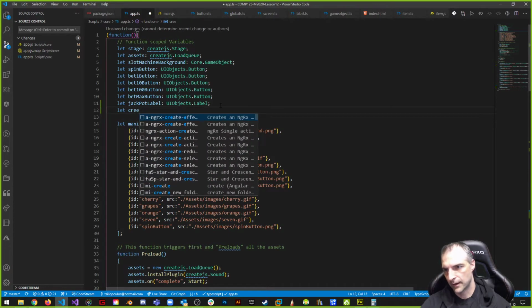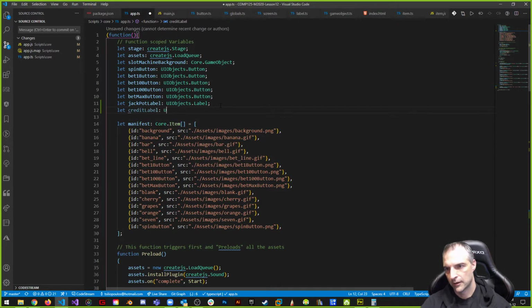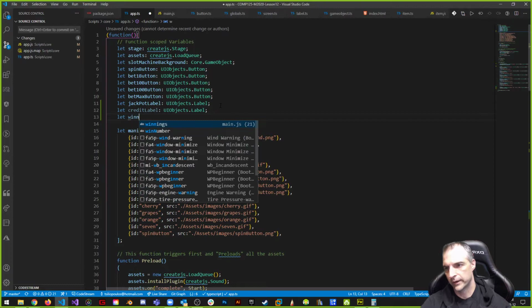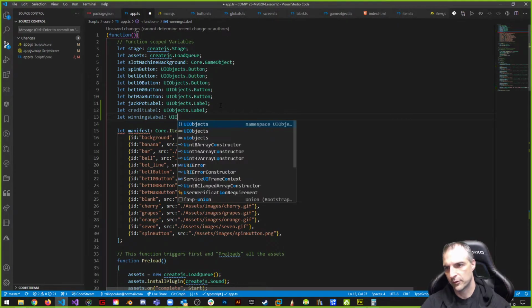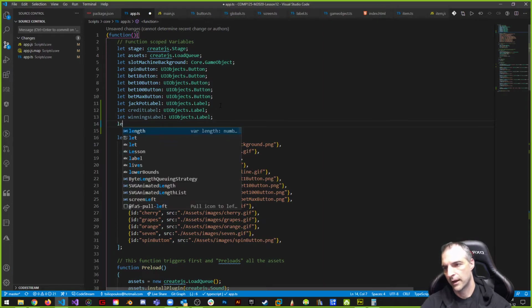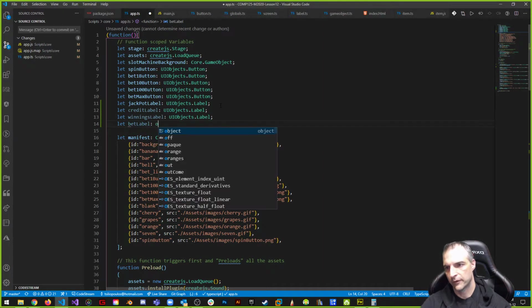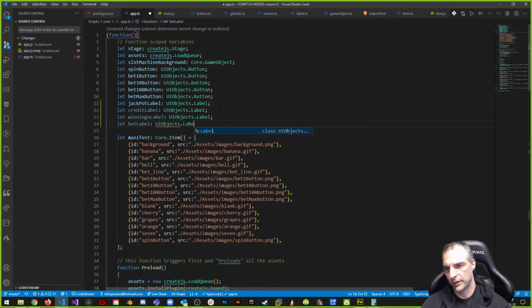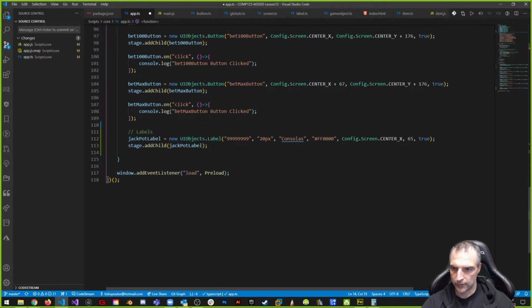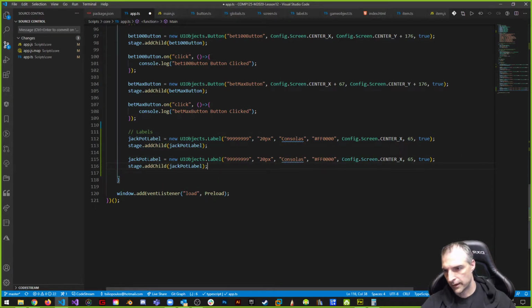So let credit label be of type UI objects dot label. Let winnings label be of type UI objects dot label, and let bet label be of type UI objects dot label. That'll be the last one I put in. But credit label, winnings label, I want to put in there as well. So let's put those in the right place. So credit label is this. Credit label. And we're going to put in the same value, but